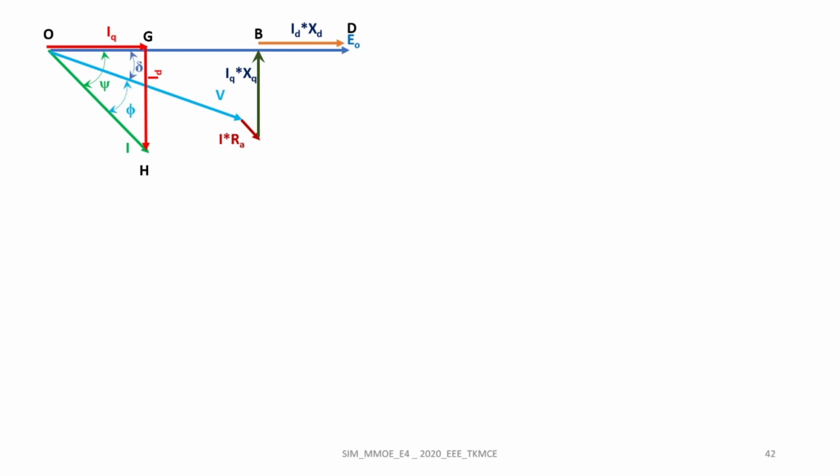Now we need to extend the armature current phasor downward. Then from the tip of the terminal voltage, we can draw a perpendicular to this extended line so that it will meet at E. Say this point is E. Now from the tip of this extended line, we need to extend upward so that the meeting points are F, I and C respectively. From this meeting point on the E0 phasor, we need to draw a line downward which is parallel to IQSQ, and from this meeting point, that is I, we need to draw a line which is parallel to E0 so that a right angle triangle is created and this point is J.